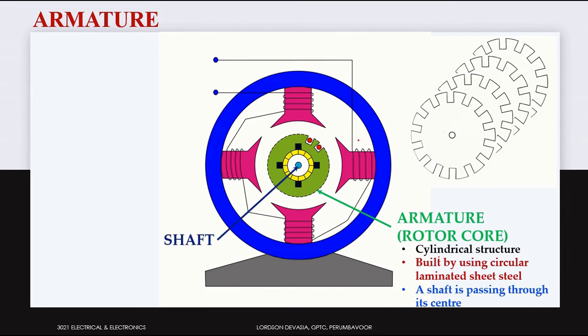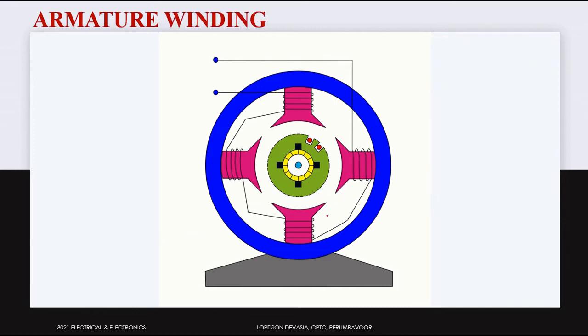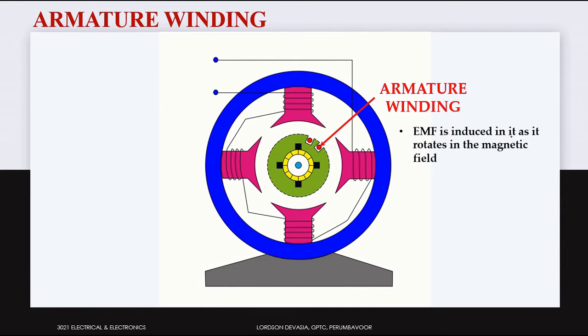This is a shaft എന്ന് പറയുന്നത്. Now armature winding, ഈ ആർമേച്ചർ കോറിൽ സ്ലോട്ട്സ് പ്രൊവൈഡ് ചെയ്തിട്ടുണ്ട്, ആ സ്ലോട്ട്സിലായിരിക്കും നമ്മൾ ആർമേച്ചർ വൈൻഡിങ് പ്ലേസ് ചെയ്യുക. That is EMF is induced in it as it rotates in the magnetic field. So the complete portion is known as rotor, and ഈ കോറ് റൊട്ടേറ്റ് ചെയ്യുമ്പോൾ ഈ ആർമേച്ചർ വൈൻഡിങ്ങും റൊട്ടേറ്റ് ചെയ്യും. ആർമേച്ചർ വൈൻഡിങ് റൊട്ടേറ്റ് ചെയ്യുമ്പോൾ മാഗ്നറ്റിക് ഫ്ലക്സിനെ കട്ട് ചെയ്യും, സോ ദാറ്റ് ആൻ EMF is induced in the conductor according to the Faraday's law of electromagnetic induction.